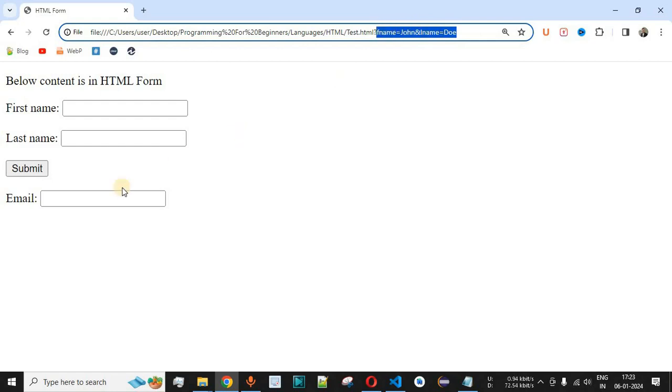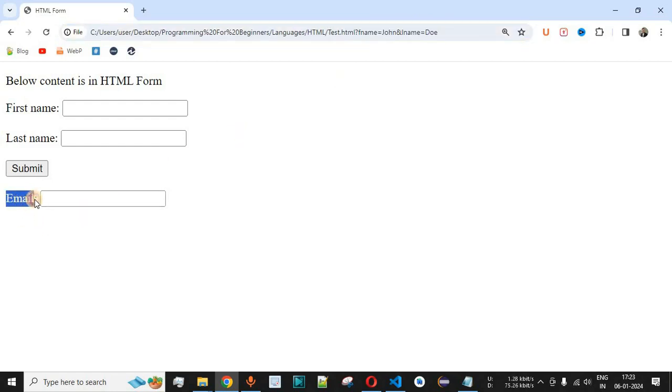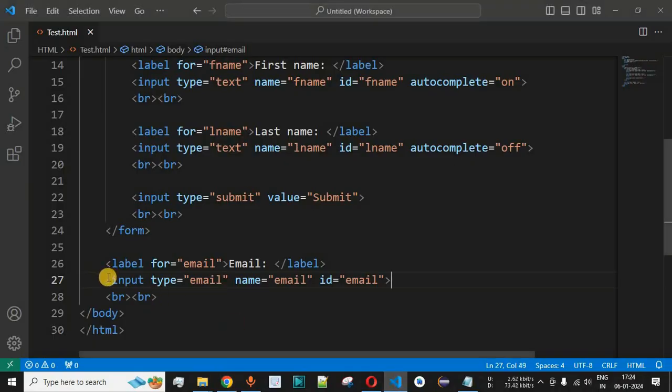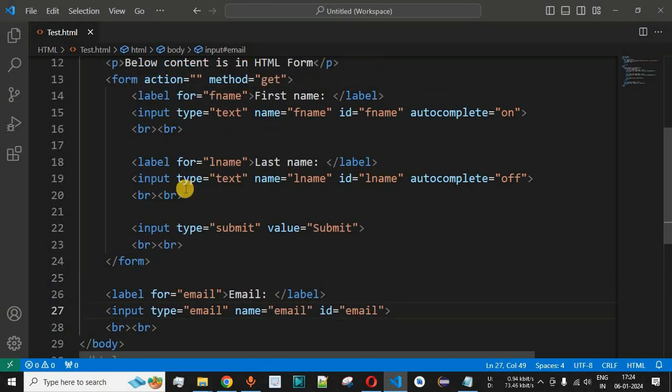But apart from this, let us say we want to also submit the email attribute. When the user provides his or her email inside this input field and clicks on the submit button, we want that particular email data to go to the server for further processing. In this case, when we have the input field outside the form tag and we want that input field's data to go to the server with the help of the other form attributes, we can have the ID for this form.